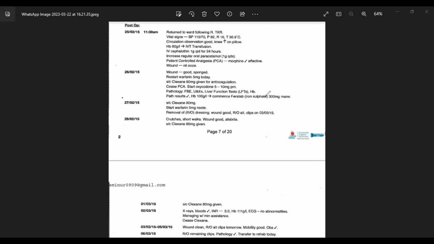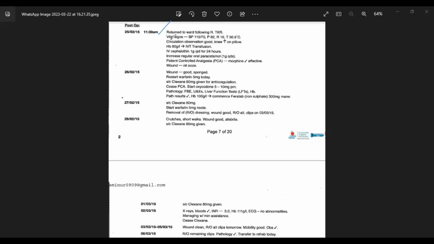So at the moment, the patient is vitally stable, his mobility has improved, for example, and he has been discharged, maybe with some exercises or some medication. So from today's perspective, the post-operative ward stay will not be that important. But if we read it in detail, then you can see that he returned to the ward after